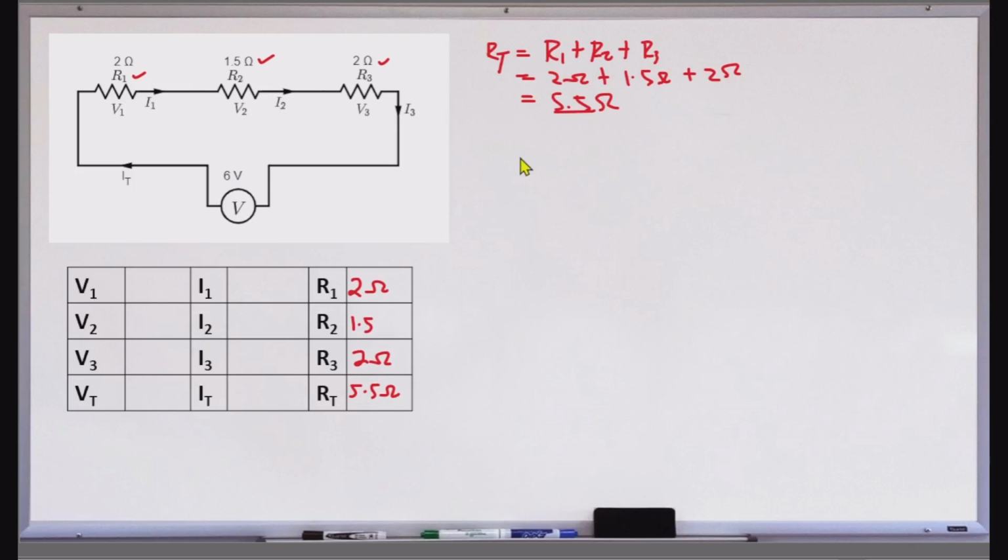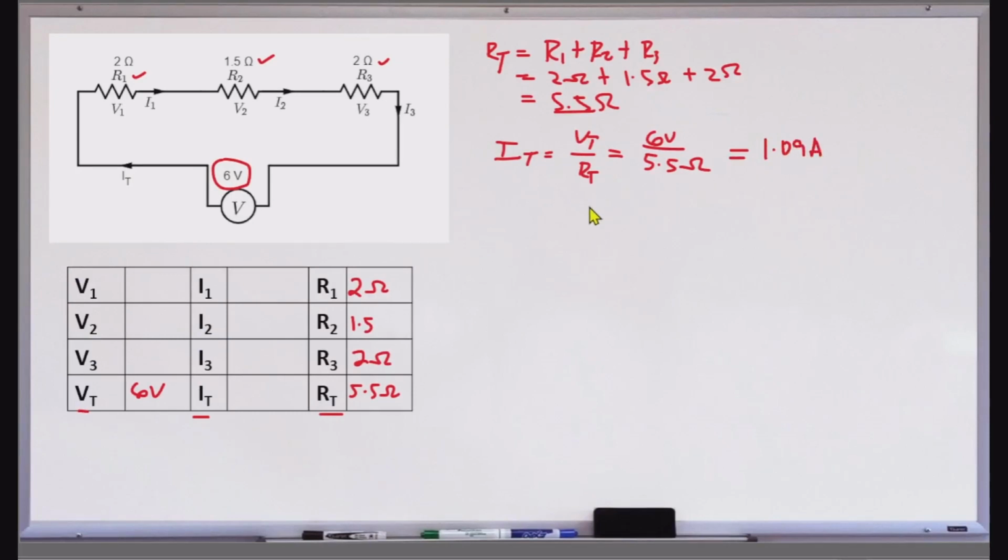Since we know what the voltage is, which is this one, we can write it as 6 volts here in the chart. Now we already have the value for the total voltage and the value for the total resistance. We can now find the total current in this series circuit. To find it, you have to use the formula I sub t is equal to V sub t over R sub t. Putting in the value for V sub t, we have 6 volts over the computed value for RT, which is 5.5 ohms. That's going to be 1.09